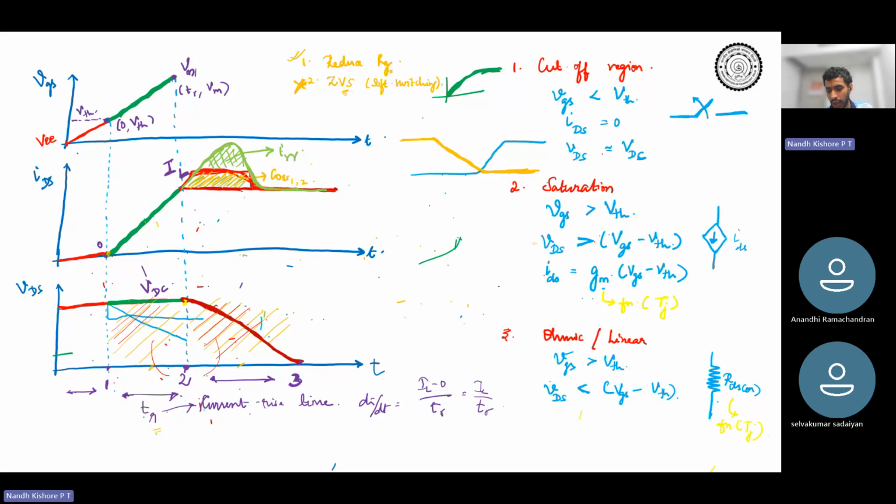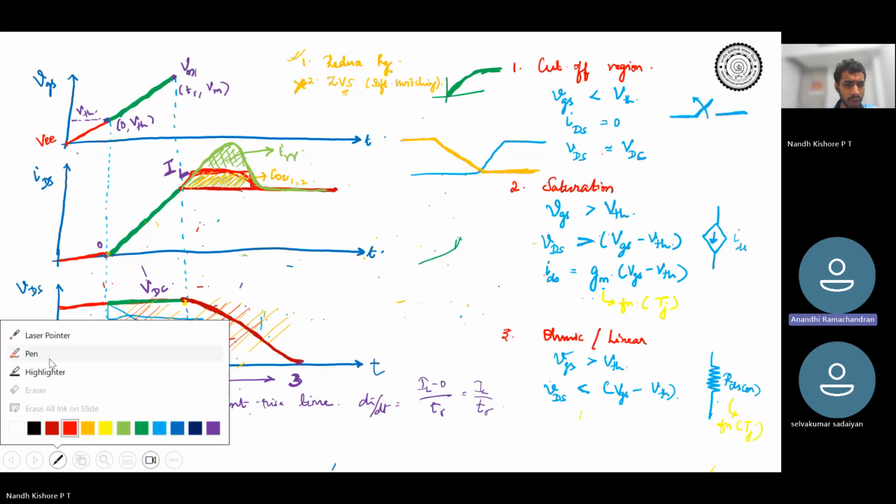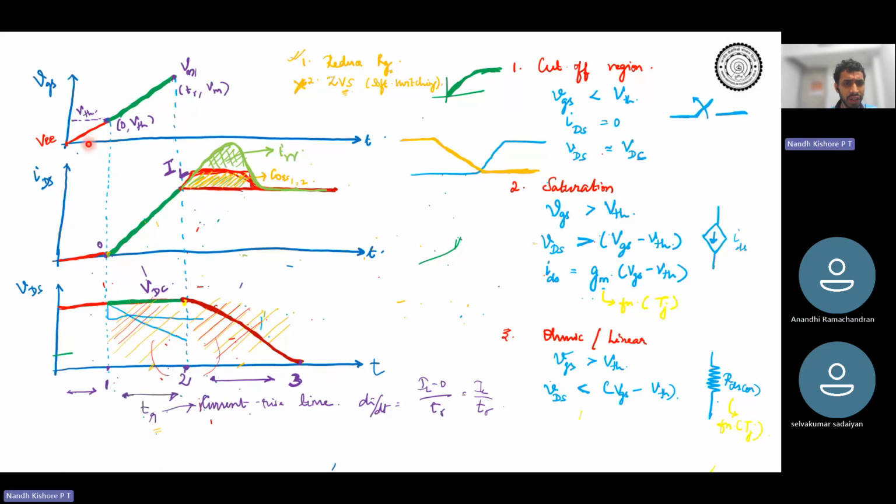Okay. So we left off from over here, right? The first interval was during the period when you have just given the supply source. We saw that your VGS was initially at VGE. In our case, VGE is 0. So once you give positive VG, that is, you make the VG go from 0 to 20,